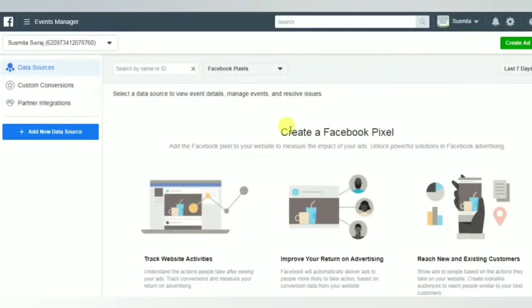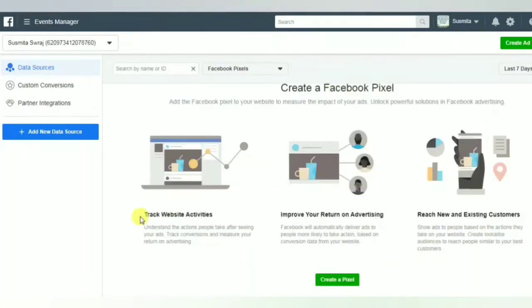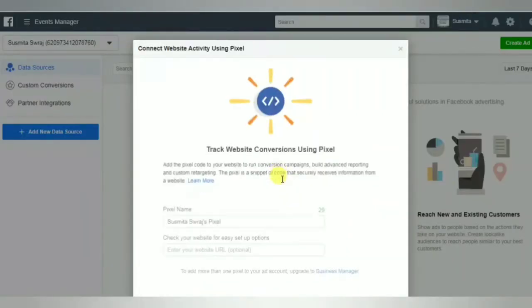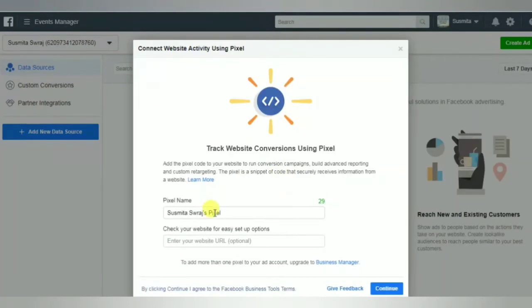So as you can see here, from here we can create our Facebook Pixel. So we can track our website activities, improve return on advertising, and reach new and existing customers. Just click here, create a pixel, and give your pixel a name. You can give any name from here. I just gave the name real estate. Just continue.